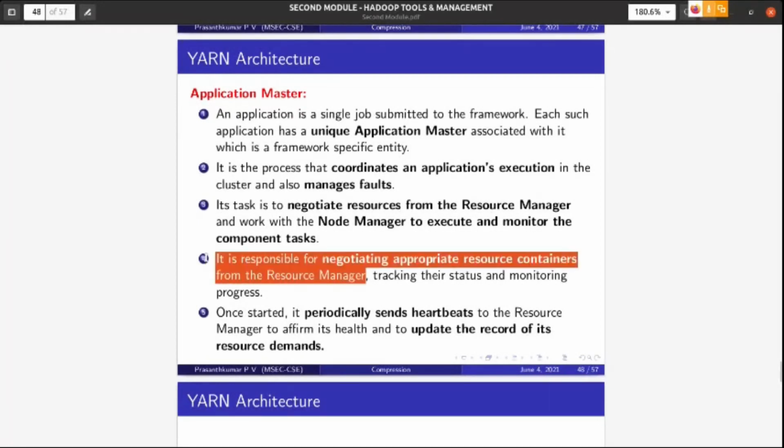Once the resource manager permits it to use the resource available in a particular node, the application master gives the instruction CLC to the node manager of that node. Then that node manager will start the container. Once started, it periodically sends the heartbeat to the resource manager. Why? Because the job is running, so the resource manager will monitor the job status, to affirm its health and update the record of its resource demand.